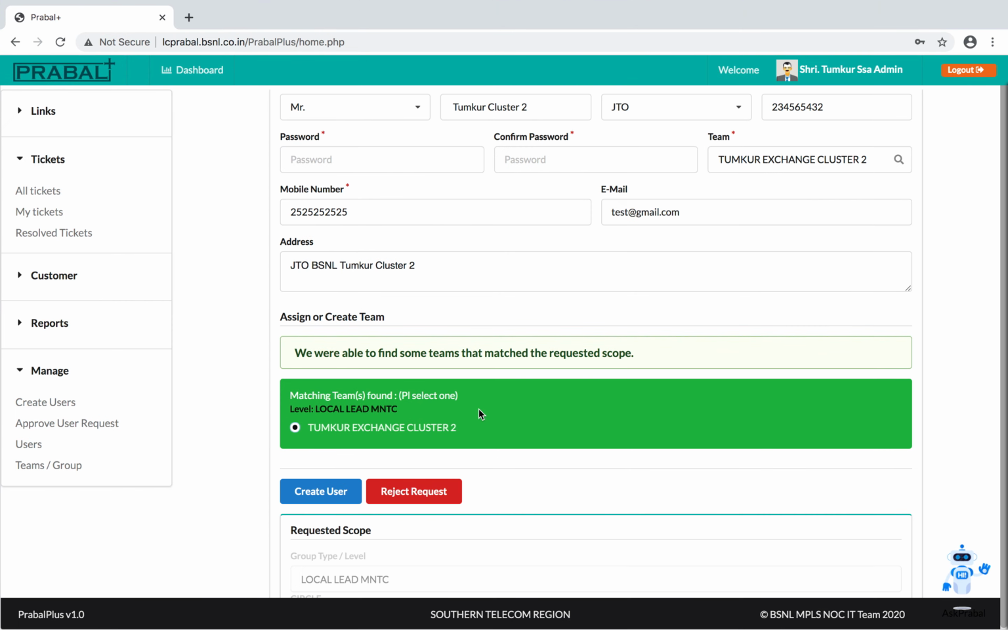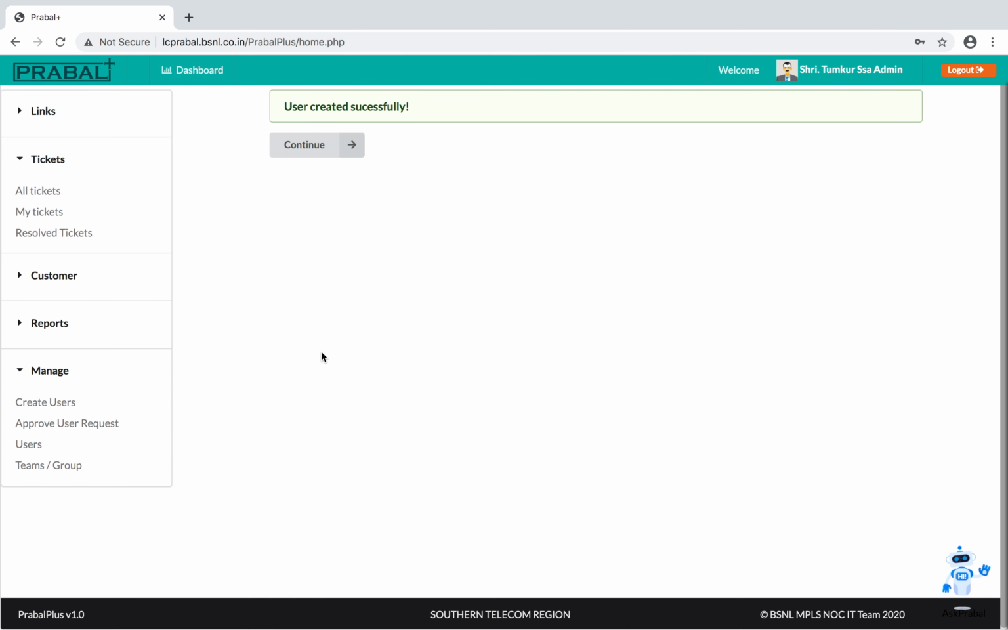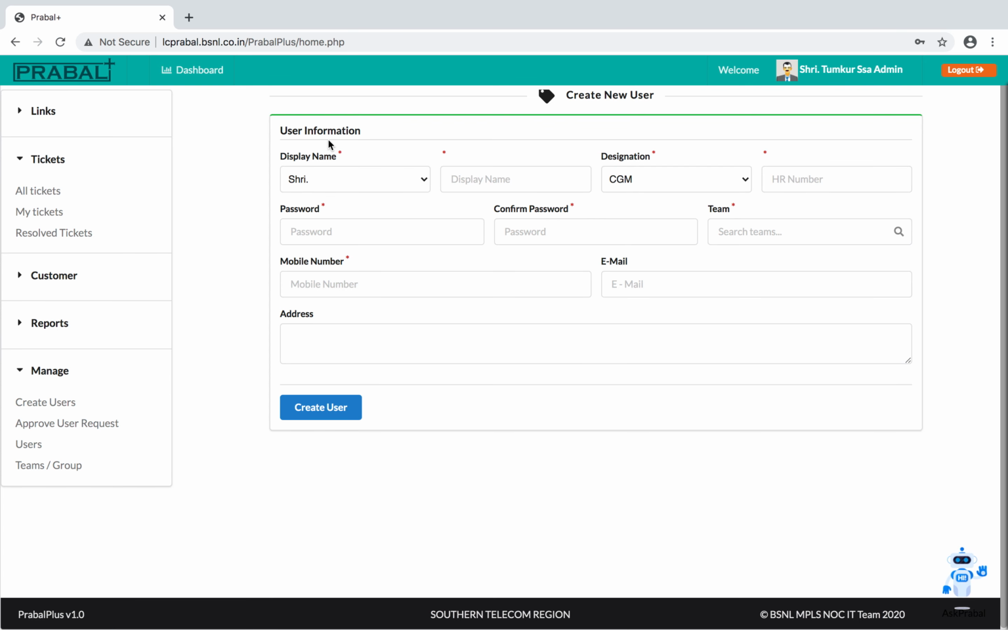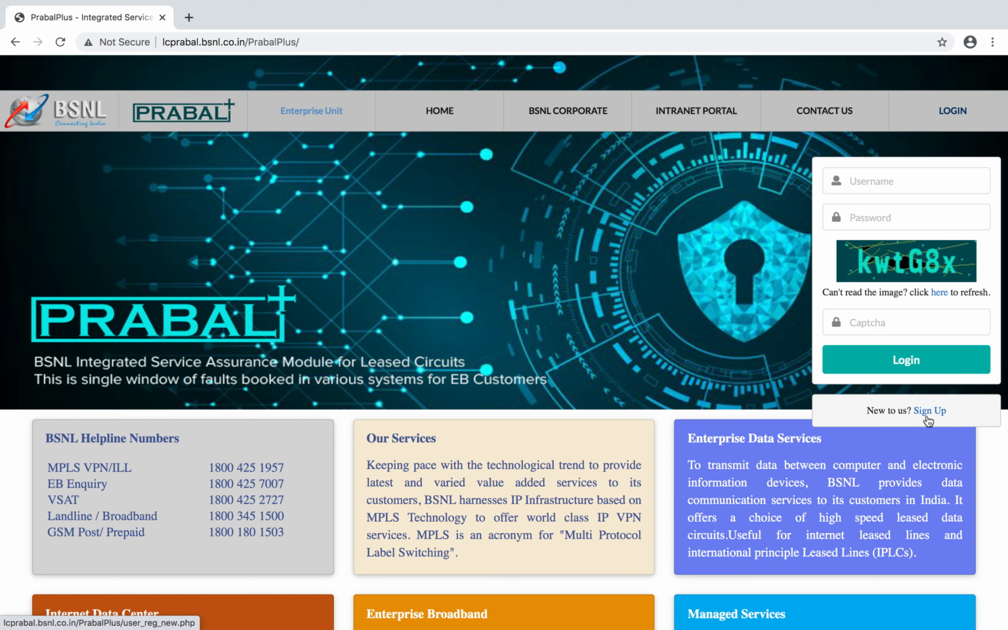After giving the details, one team is automatically created with Tumkur Exchange Cluster 2. Now we can give the password and create the user. Now the user is created successfully. Now I will log out. Now I will sign up for